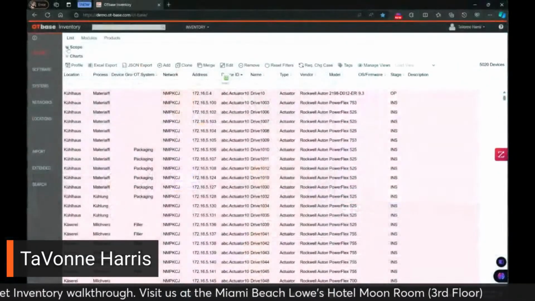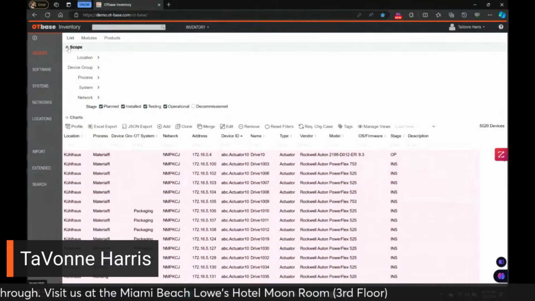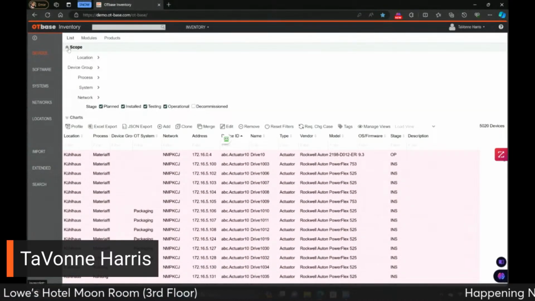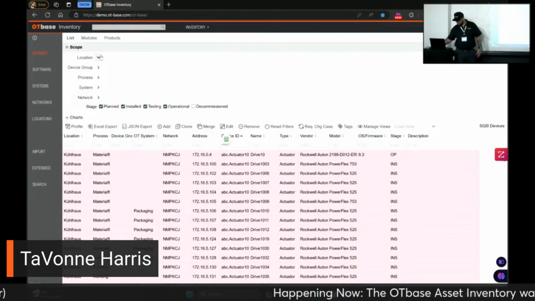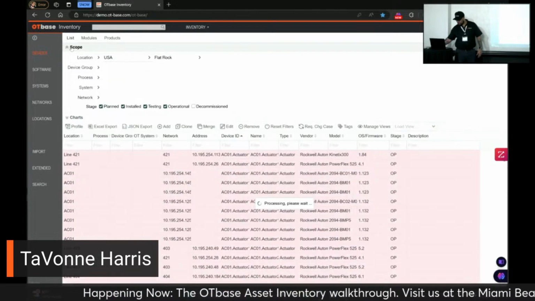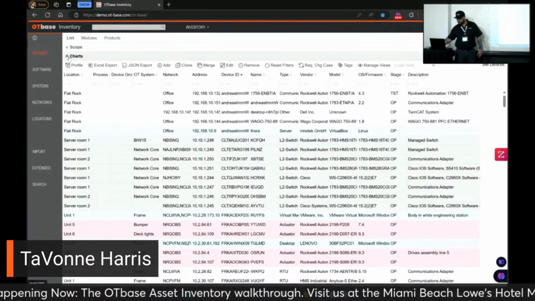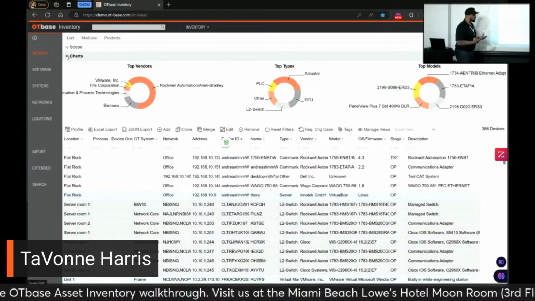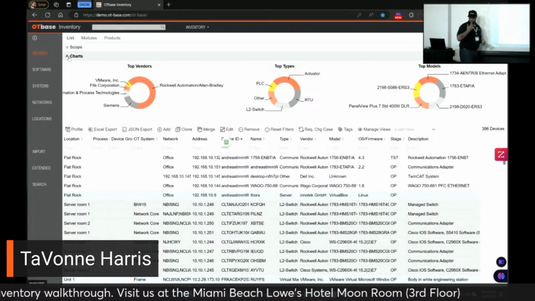So what we're looking at here is the inventory portion. Right now, it's called fast analysis. I'm going to change the scale and look at one set, one location. I'll change my location. First thing you notice is the charts. And these charts are going to